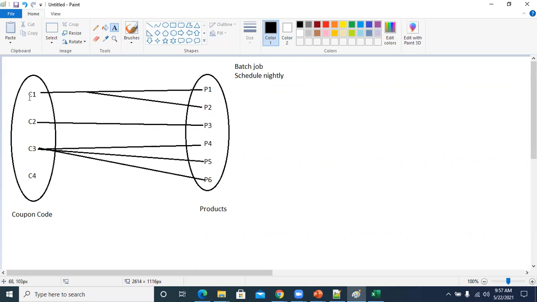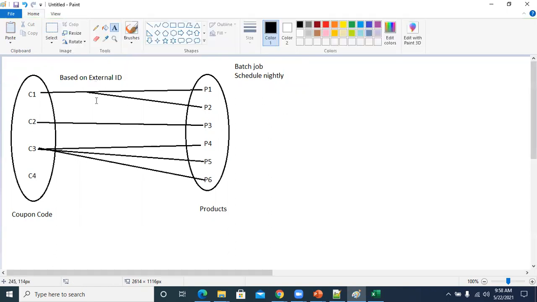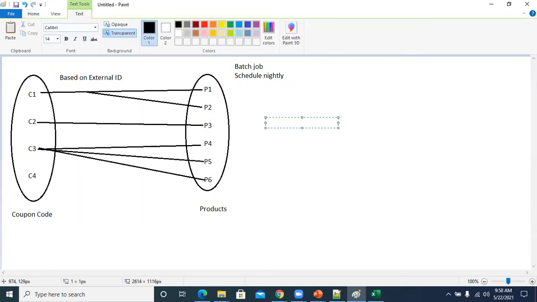How would I know this coupon code belongs to these products? Based on external ID. So based on external ID, we can deal with this. How, based on external ID? Let us say, for example, if C1 has an external ID like SAP 511,